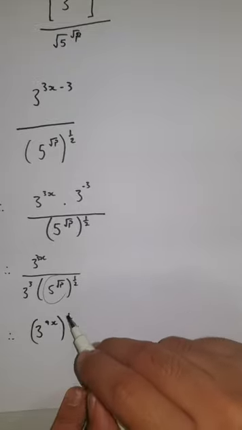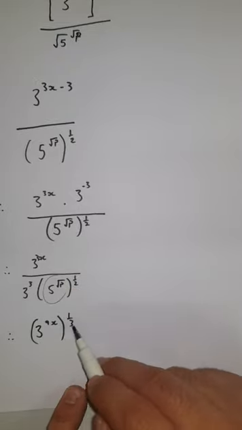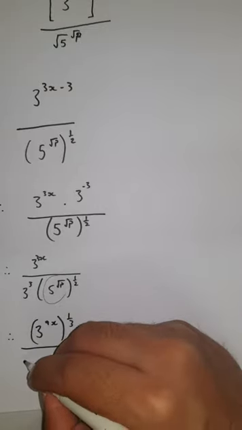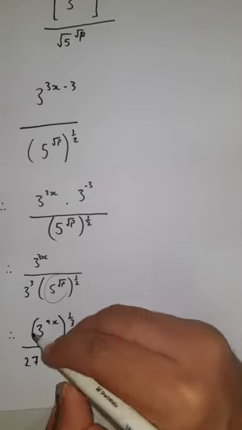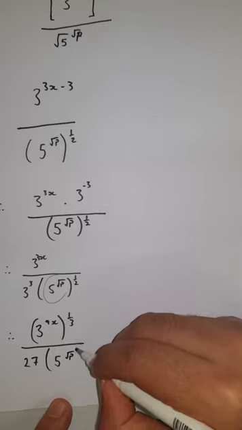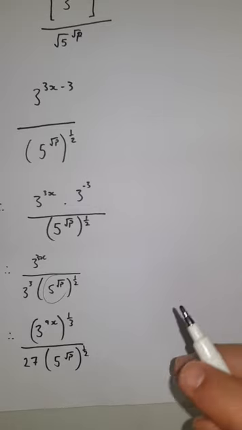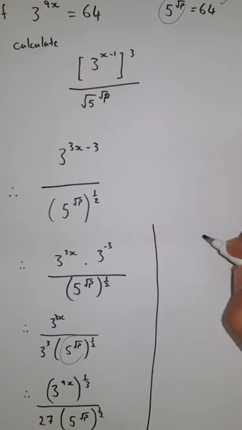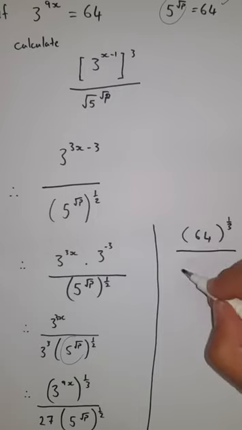we're not changing the value of this, we're just simply changing the way it looks. That's 27, 3 cubed is 27, into 5 to the root p to the half. Okay, now that my expression can be substituted because that's the same, I'm gonna put 64 to the third all over 27